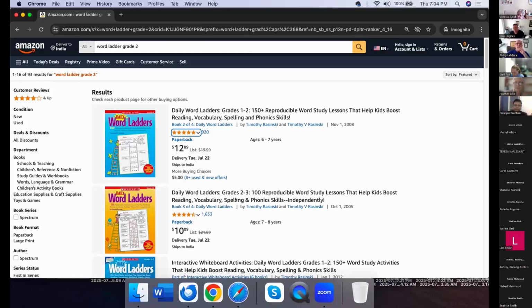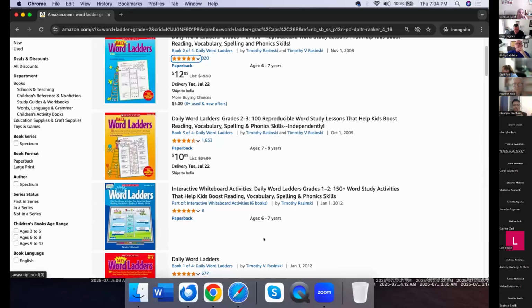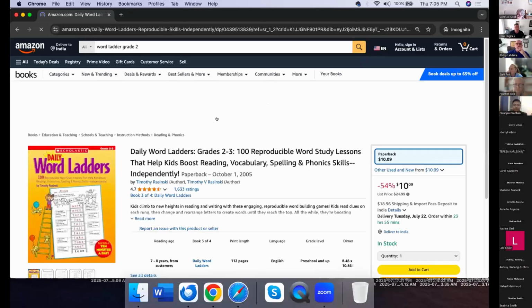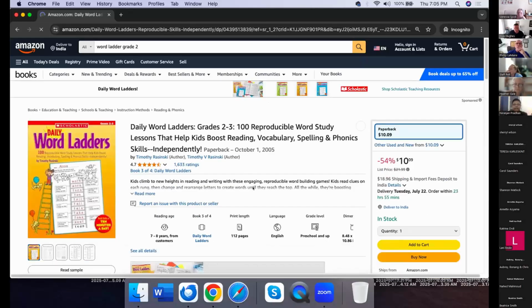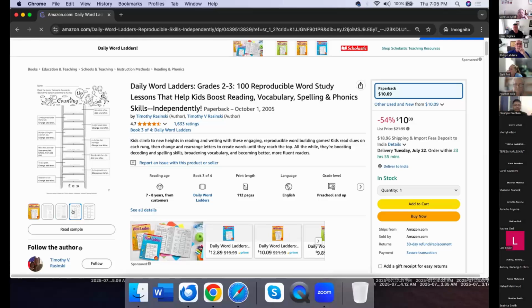Fantastic. Thank you. So now that we understand this, let us understand what the product is all about, right? Let's take a look at the product and understand what word ladders are all about. And why is it that we felt it is something that needed to be addressed? What was the problem in the marketplace that needed to be addressed? Now, if you take a look at this,